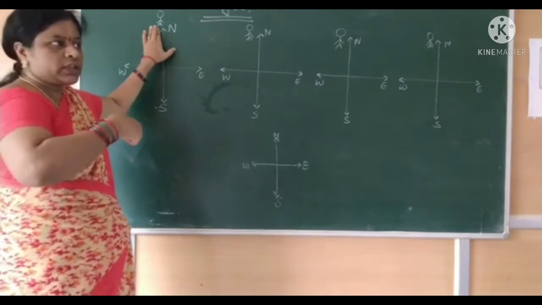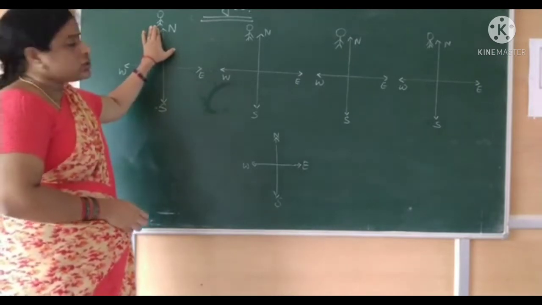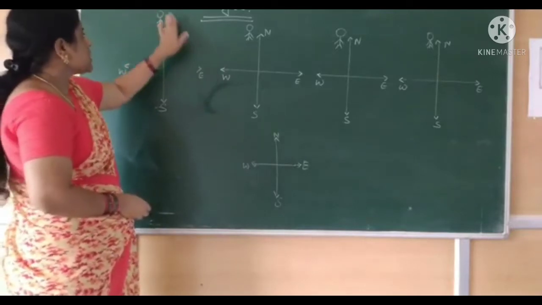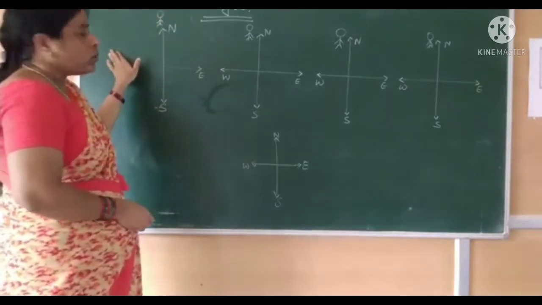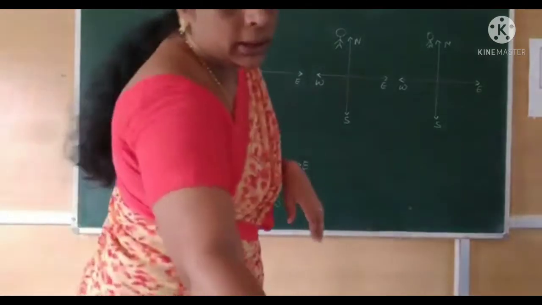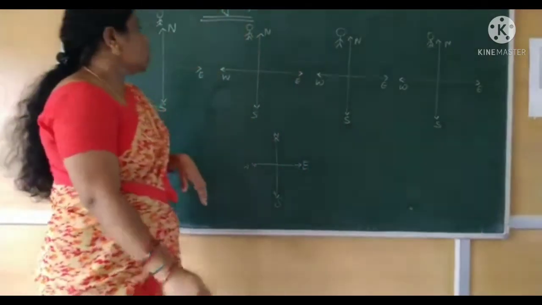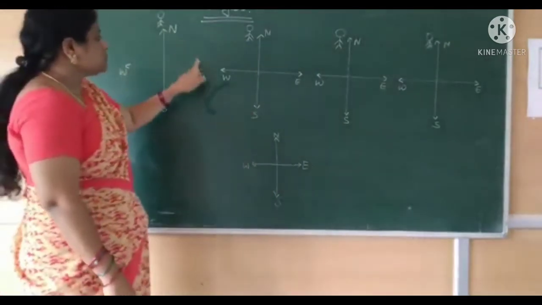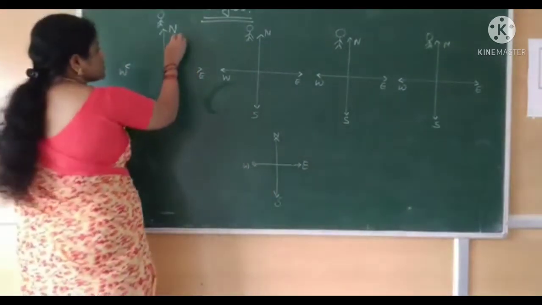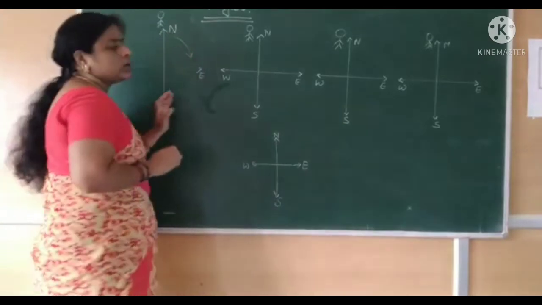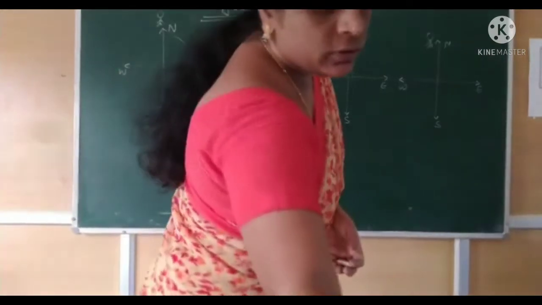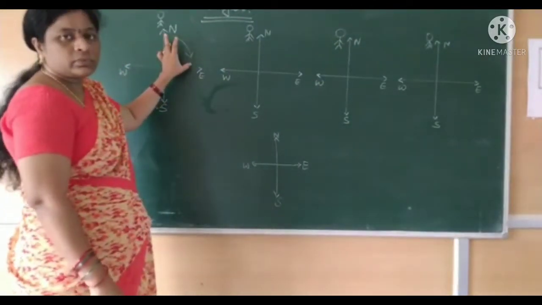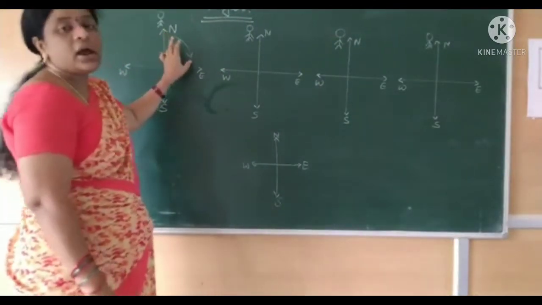He wants to face towards the clockwise direction. Clockwise direction means like this. Anti-clockwise means like this. A person standing facing north turns clockwise. In which direction does he become? East. So turning clockwise means east direction. To face east, what is the angle between these? It means one right angle.